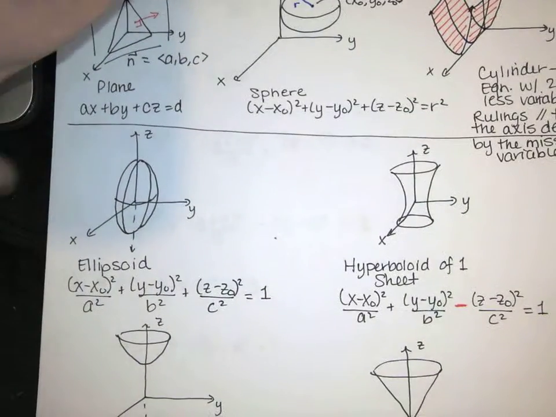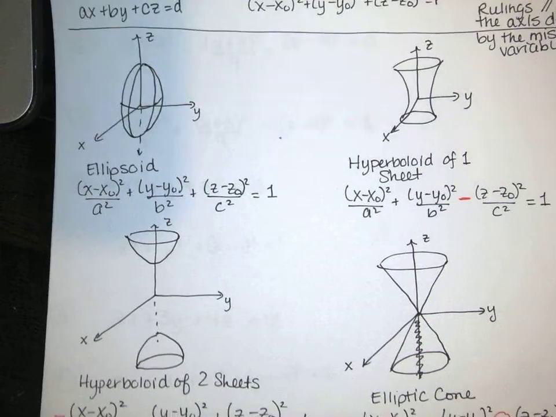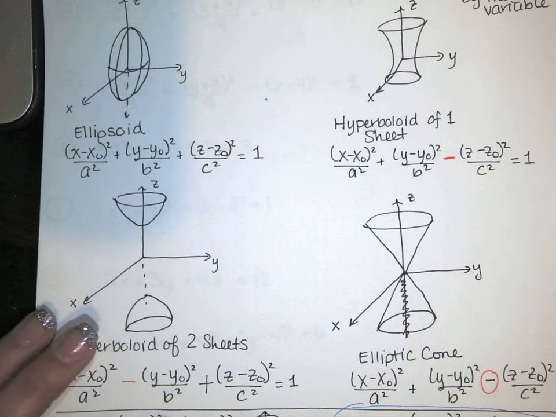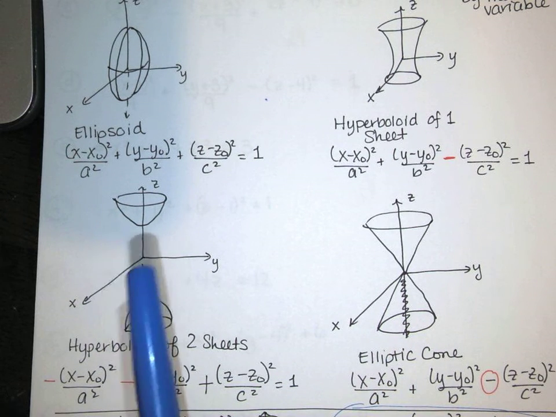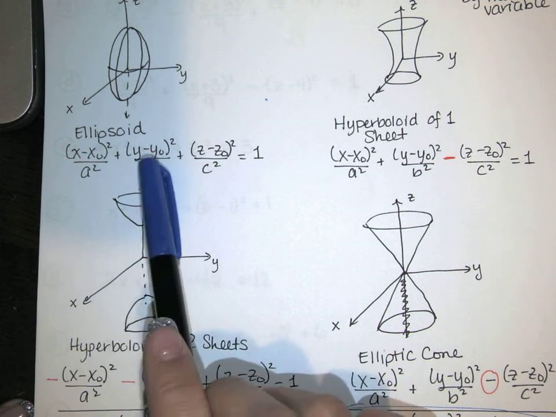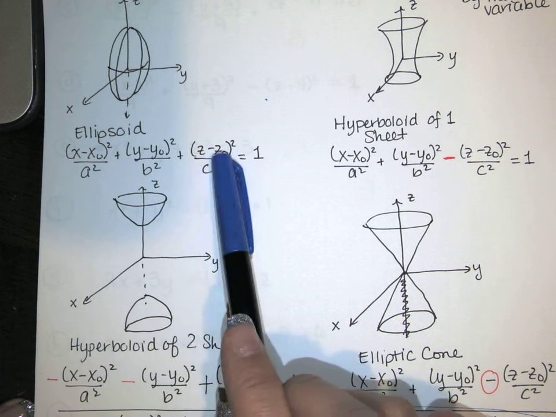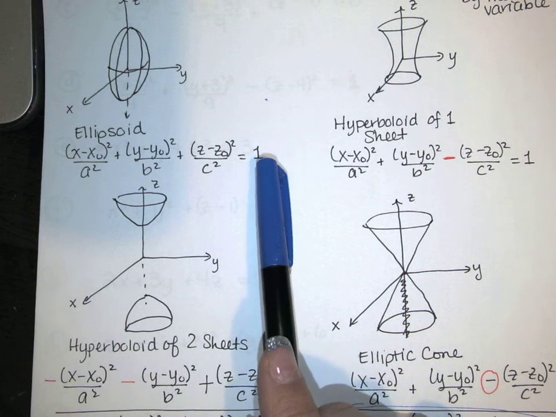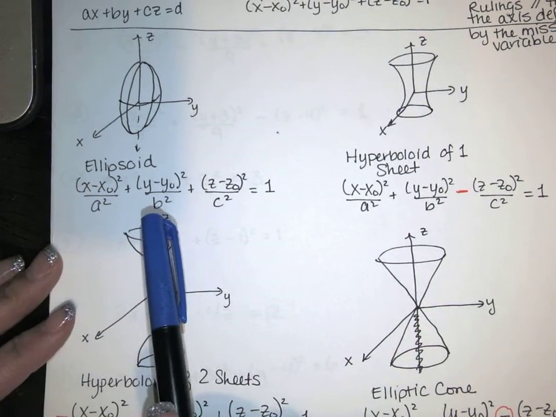Okay. Now the next four quadric surfaces that we studied all had very similar forms. Let's talk about the differences between these equations and how you can tell the difference between these four. Now notice all of them have x squared, y squared, and z squared in them. If the x squared, y squared, and z squared terms are all positive, and there's a 1 on the right hand side, or you can make it a 1 on the right hand side through algebraic manipulation,